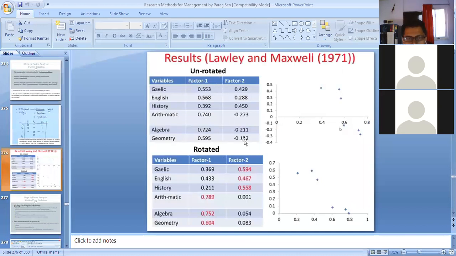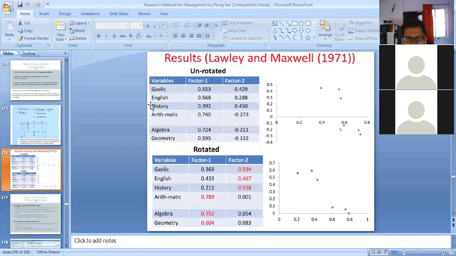So you can understand that there are some problems here. The problem is which particular variable you will assign to which particular factor. You can see that in case of Gaelic, the loading on factor 1 is 0.553 and on factor 2 it is 0.429.